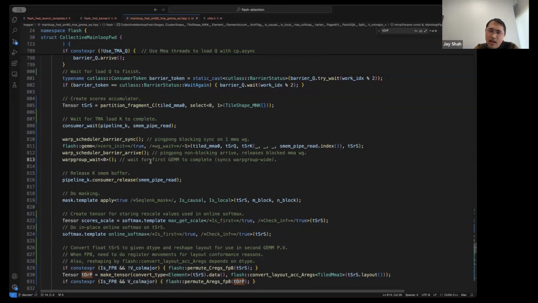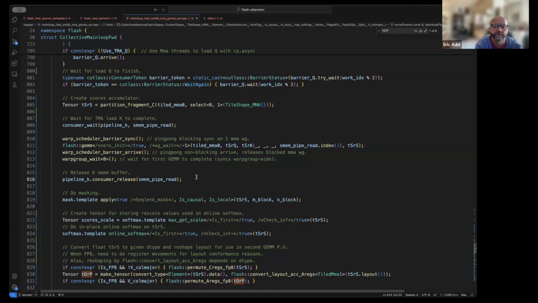And this warp group wait, if I pass in -1 here, it's going to issue the WGMMA and not wait for its completion. So I have to explicitly say when I wait for its completion using this warp group wait method here. And this is something which syncs warp group wide.